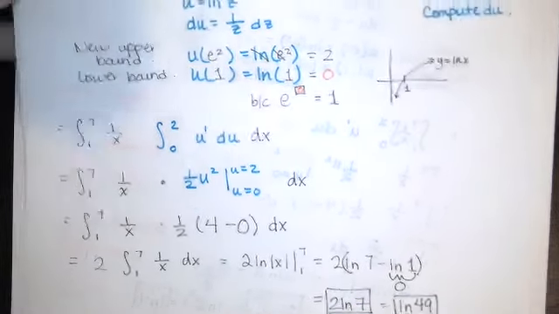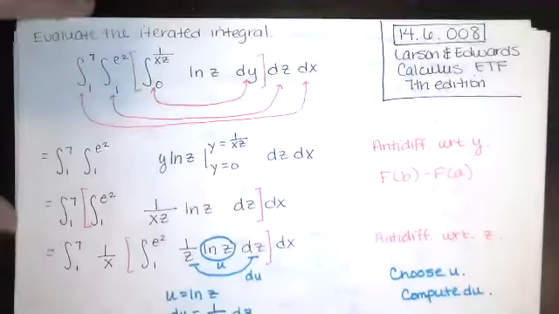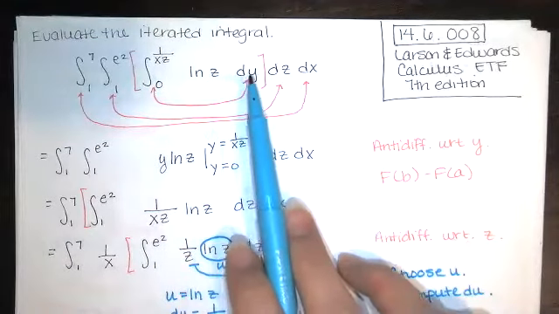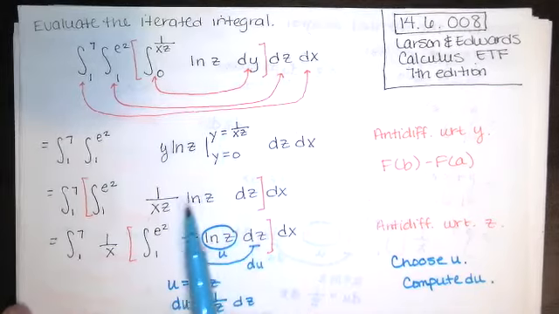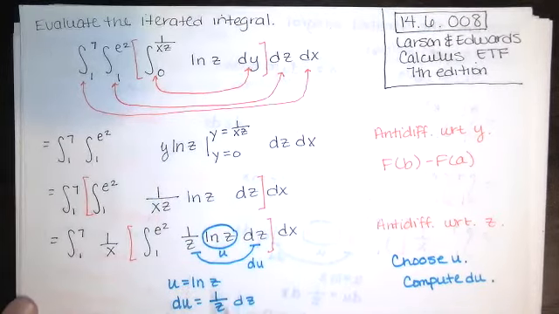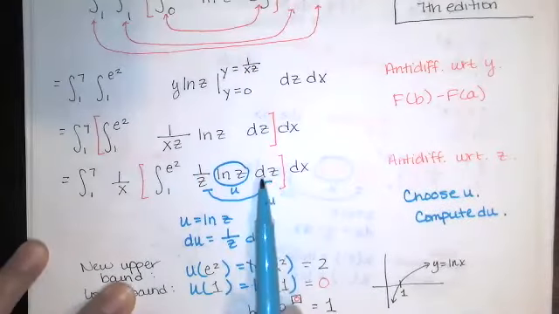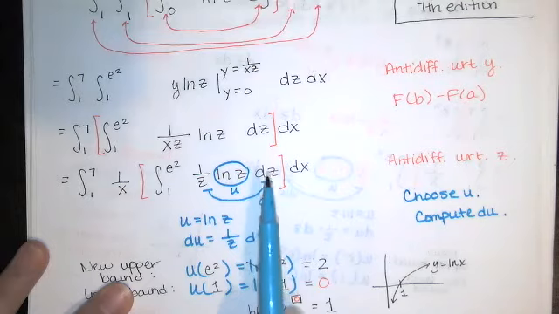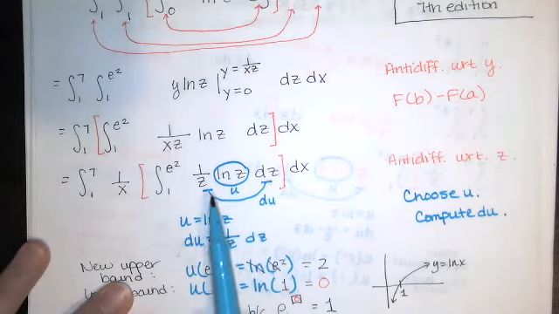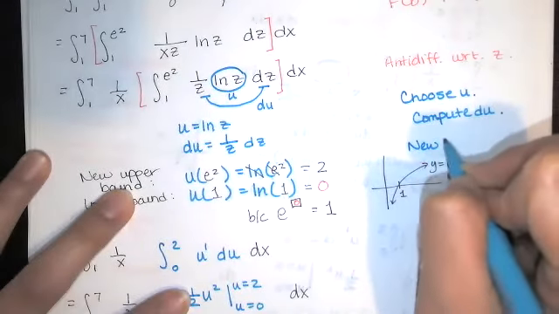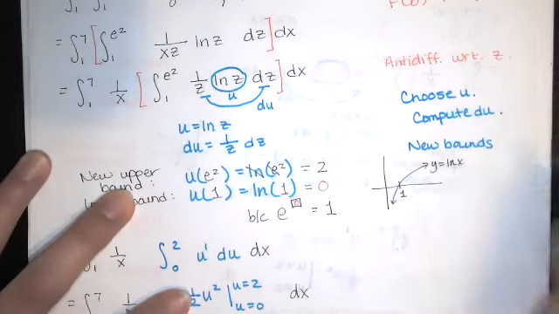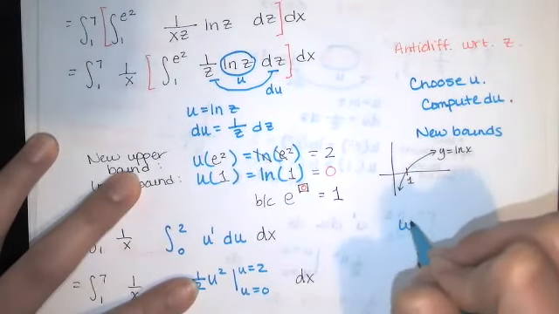So let's review what we did. You start on the innermost integral, and you integrate with respect to y. Then you replace y with this, and you apply the fundamental theorem. Then you go to the next integral. Now you're integrating with respect to z. So we anti-differentiate with respect to z, and it turns out we need a u substitution for that. So we choose u, we compute du, we find new bounds, then we write the integral in terms of u,